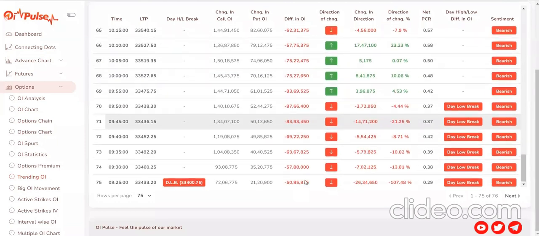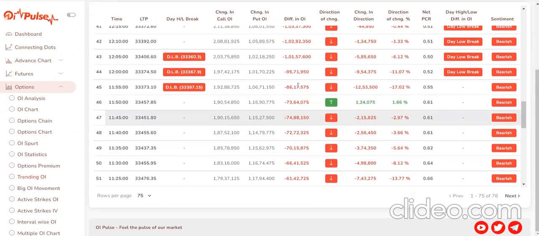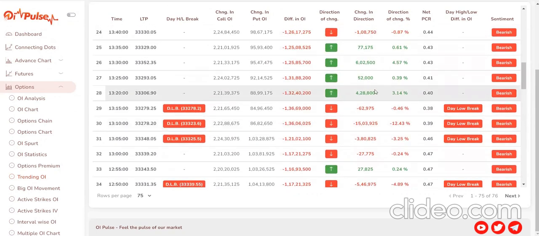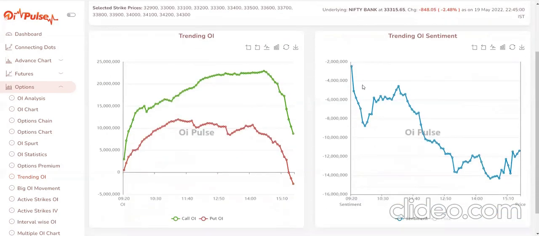And you'll have to keep a constant watch, let's say 5 to 10 minutes, you can check if there is a drop in the OI. Let's say it was breaking the day low, and the day low was the difference between OI. It was breaking the day low, and the future was also making the day low, and constantly it went up. The OI in the calls went up, and yes, there was a fall till I think 950, then there was a sudden increase, and again when the market started falling, the put OI